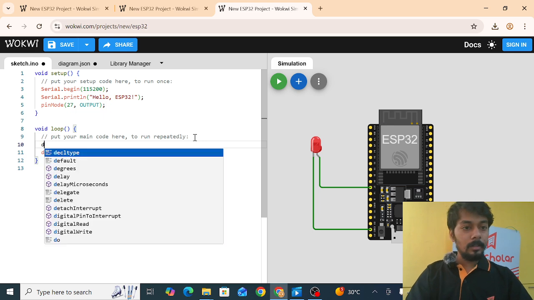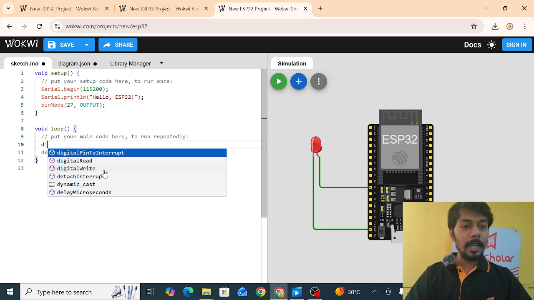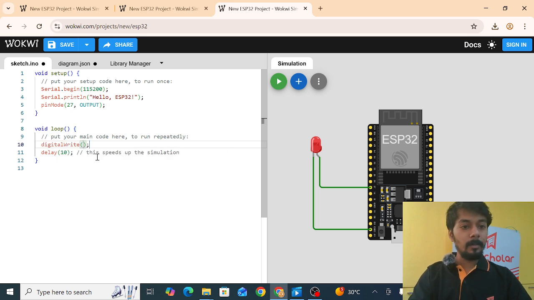Okay, for that I will give the command digitalWrite. I have connected my LED to pin number 27. I will write 27 comma HIGH to turn on the LED. Then after a delay of 100 milliseconds, I have to turn off the